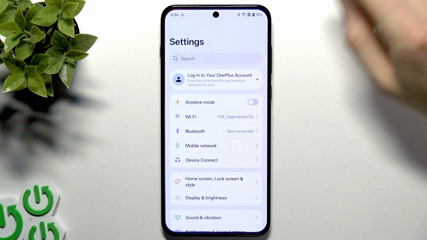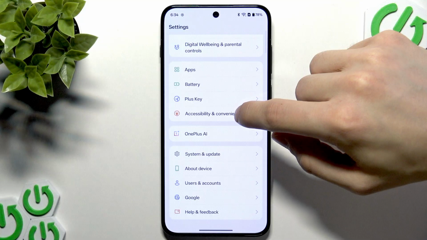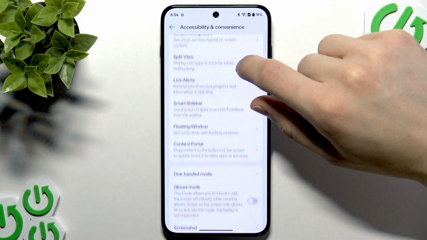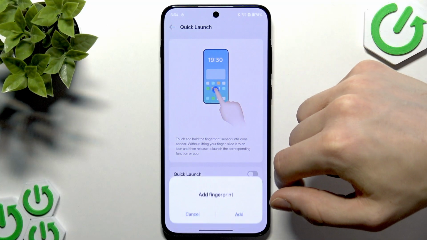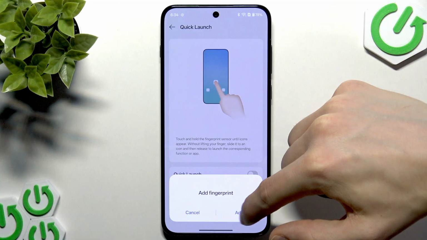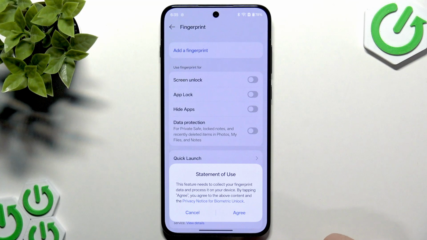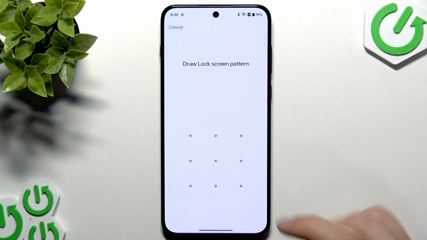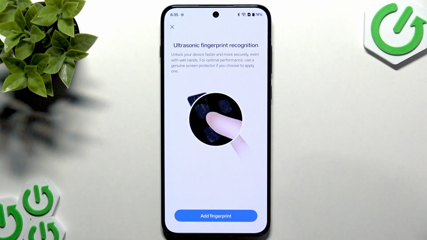First, you have to open settings on your device, then scroll down to accessibility and convenience menu, and in this menu scroll down to quick launch option. To enable quick launch, switch this toggle to the right, and then if you don't have a fingerprint enrolled, tap add, agree to statement of use, enter your lock screen pattern, and then before you add a fingerprint, I highly